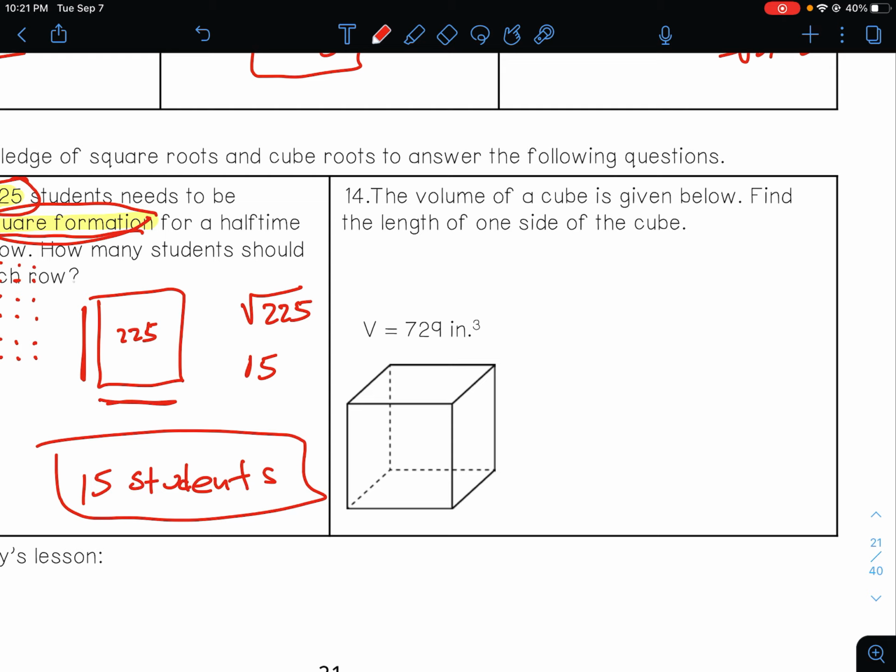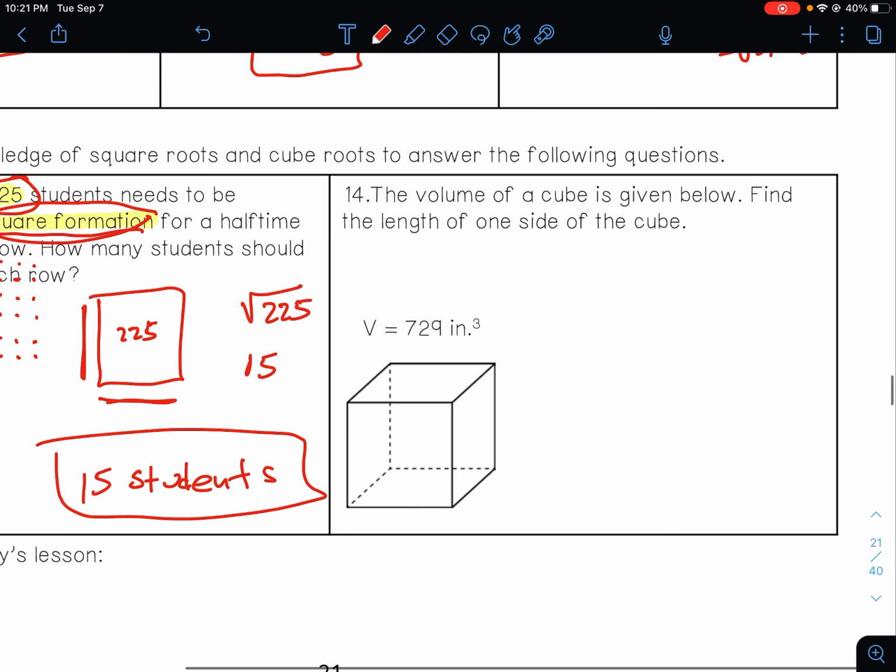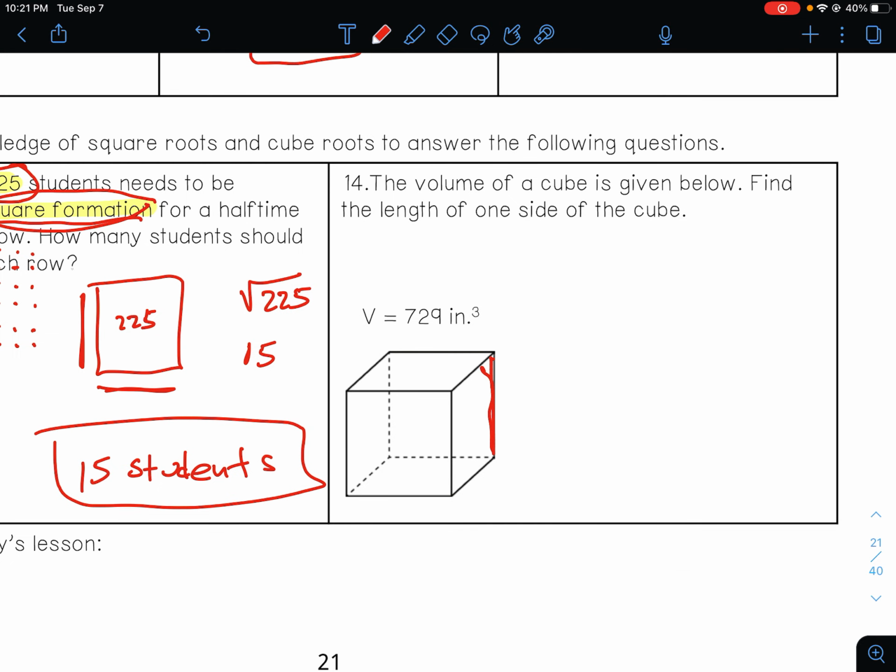All right, the volume of a cube is given below. Find the length of one side of the cube. Well, I just want one side of the cube. We don't want the length of all the sides, like some kind of weird 3D perimeter. We just want one side length. So how do you find the side length of a cube? Well, cube, side length, volume is here. That should give us a hint. When we have a cube, we want a cube root. You don't want to cube 729. That'd be crazy. So we are going to do a cube root of 729